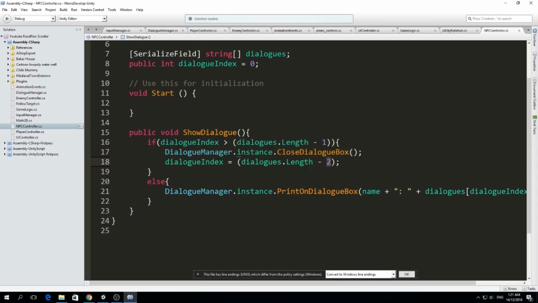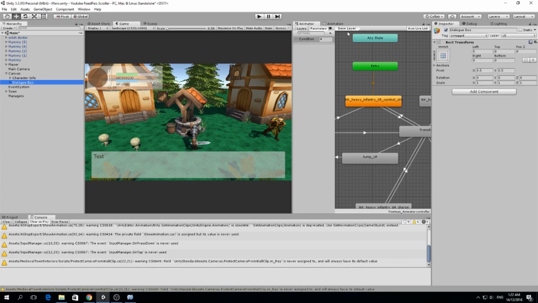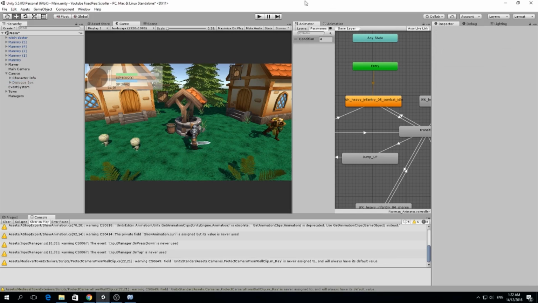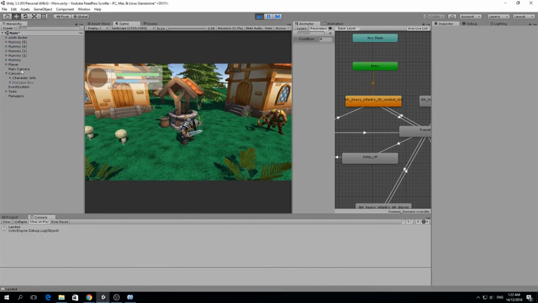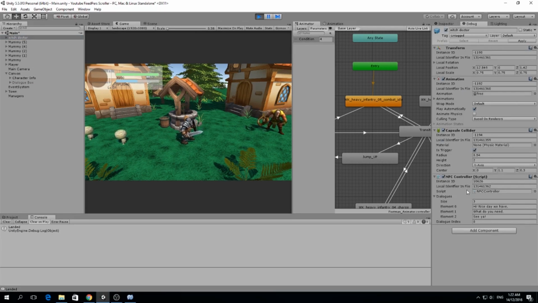You can try -1 and -2 and see what happens. So that's pretty much what I did. Now if I turn this dialog box off and I just play this, I'm going to show you the witch doctor, which is our NPC. I'm going to show it to you in the debug mode, so you can see the dialogues, the dialog index,